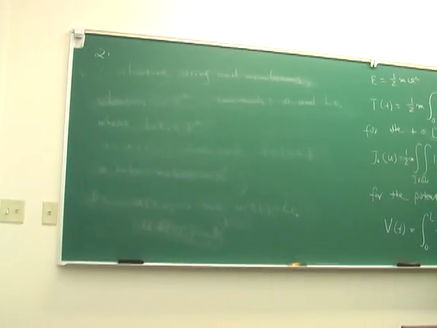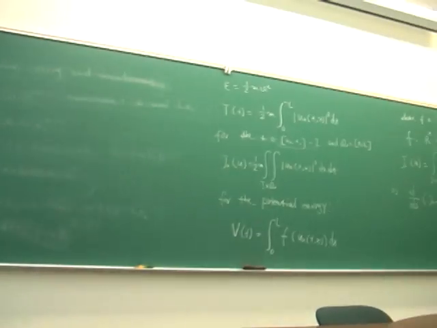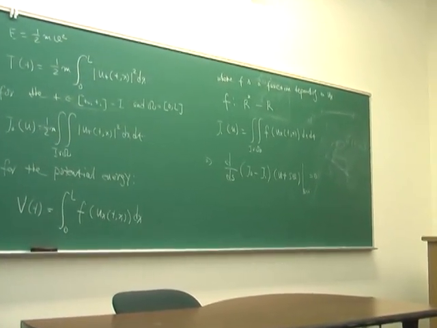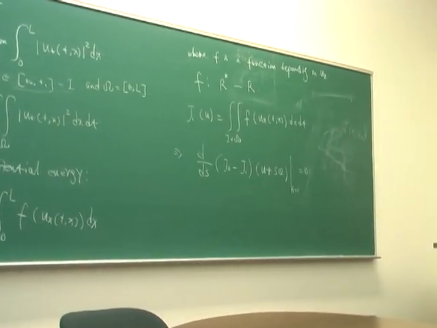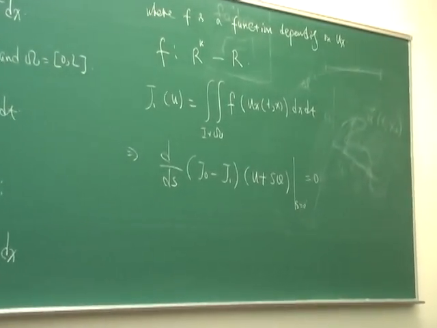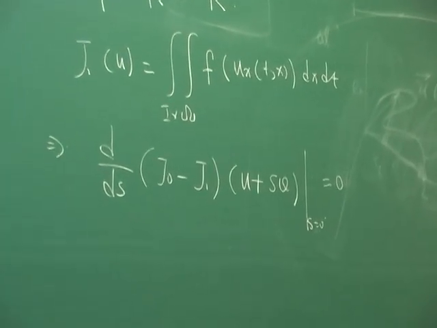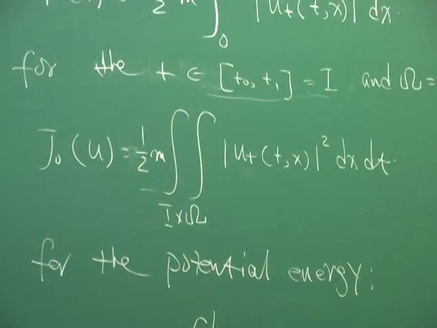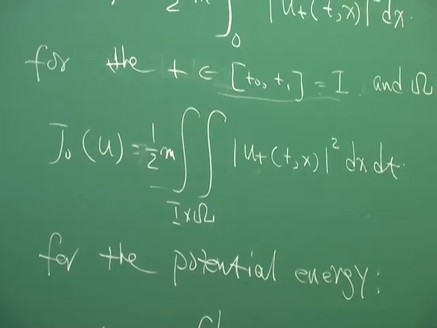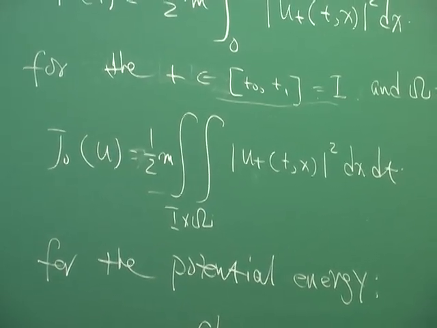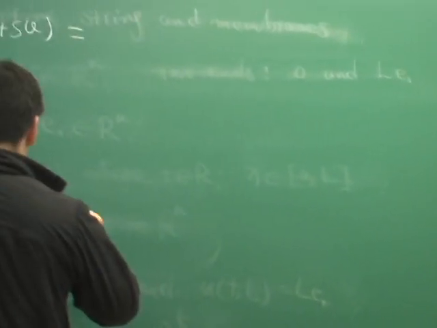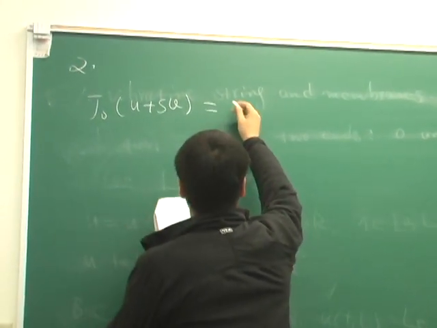And now we used G0 of U plus SV, because from SV this one should be UT plus SVT. And then we calculated this as the, this one should be equal to